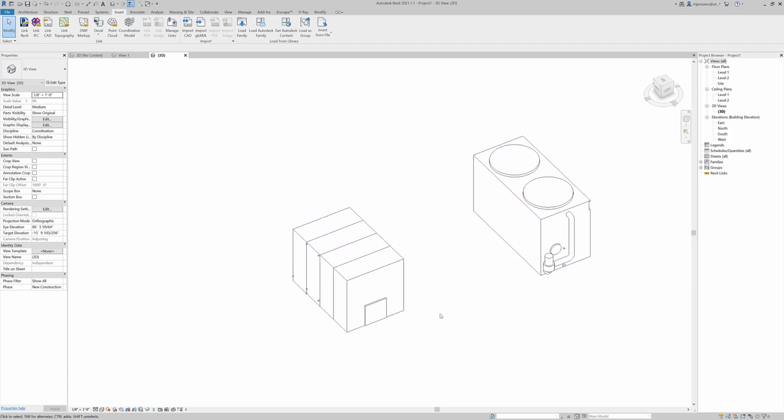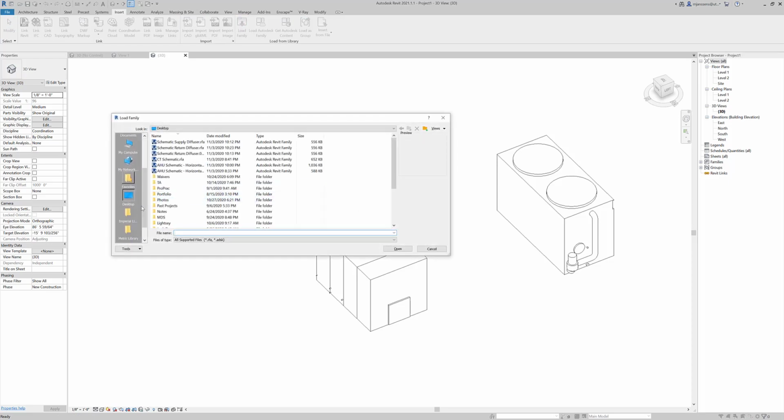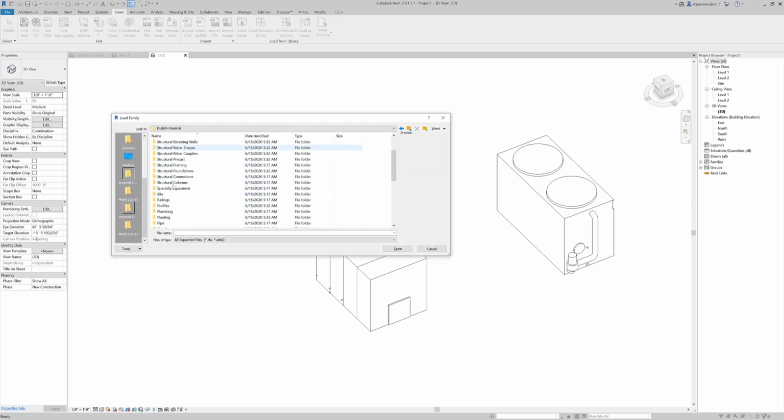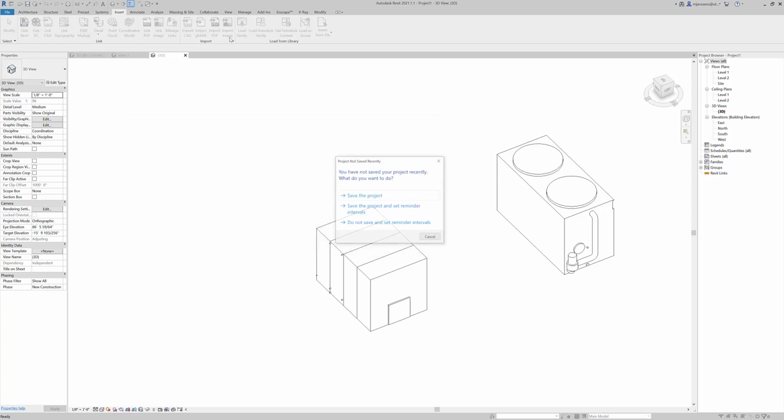The last bit of equipment that we need are our diffusers. So to get to those, we can go to Load Family. Again, we can go to our Imperial Library, and we can find under our Mechanical folder, MEP, Airside Components. It's going to be under Air Terminals. So the ones we were using are the Supply Diffuser and the Return Diffuser. Now these are both 2 foot by 2 foot diffusers with a 1 foot by 1 foot duct that comes out of them. And I'll show you all these dimensions in a second, but instead of loading these in, I'm going to go ahead and